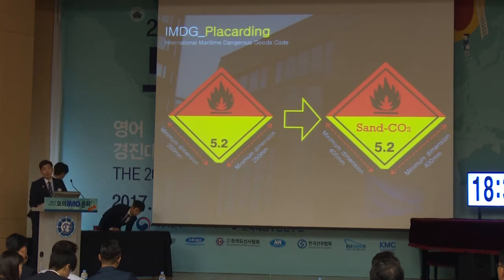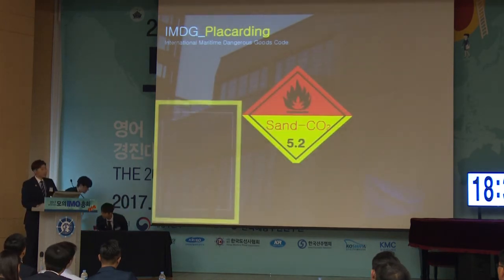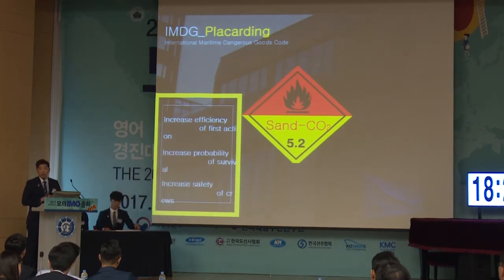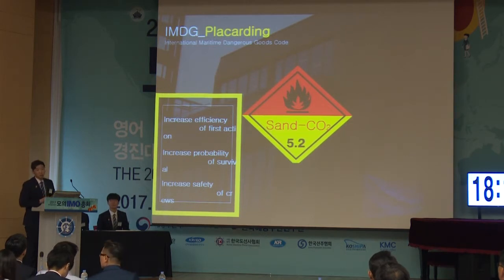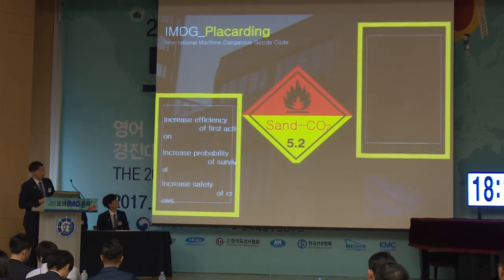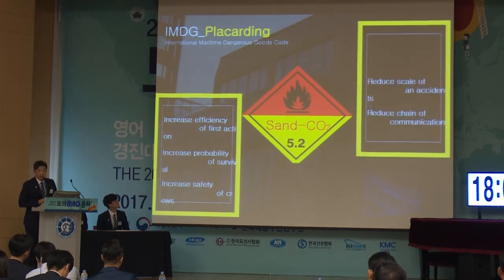So carry on with my presentation. Just by enlarging the placard itself, we can achieve an increase in the safety of the crew members, increase the possibilities of survival, and increase the efficiency of the first action. I'm sorry for the breaking of the font size. Anyway, just by mentioning the tools on the placard itself, we can achieve a reduction in the chain of